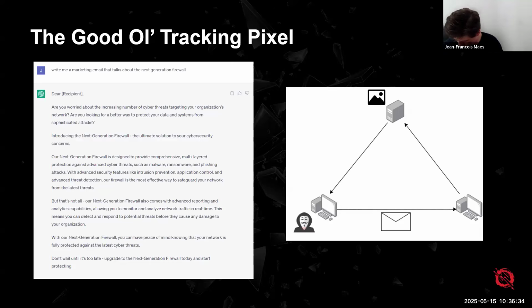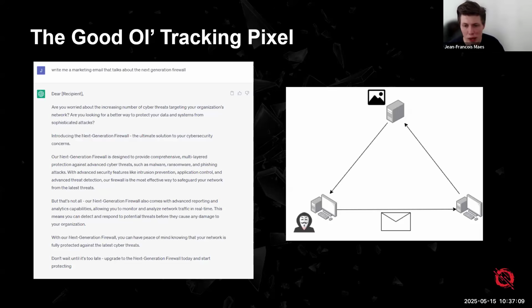Well, again, we are embedding an image into our email. That image is not, however, going to be inserted in the email directly, but instead is going to be referred to by an external server that is hosting the image on the internet. So now when you open the email and your mail client allows for external image loading, the image is going to get fetched automatically by your mail client, and that is going to allow the web server to execute some JavaScript, which is going to allow us to fingerprint you.